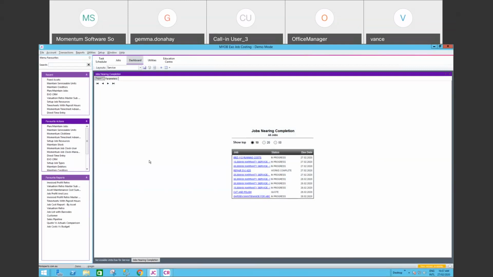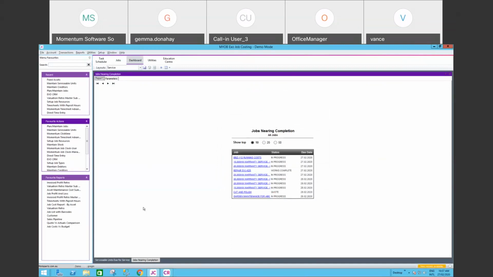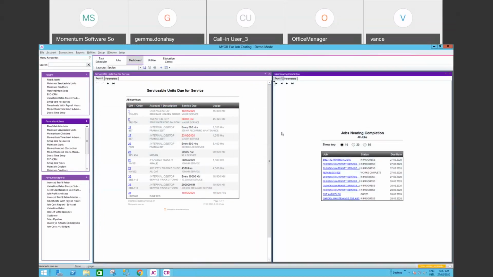So what's happened there is you can now see I've got two tabs at the bottom, serviceable units due for service and jobs nearing completion. Now, neither of those are all that big, so I'm actually going to change it and make them side by side. Once you save that, it will ask you to save that layout. And the reason it does that is you could actually have multiple dashboards. So there's only so many that will fit on one screen, but you might need to see 4 or 6 or 8 dashboards. So what you can do is